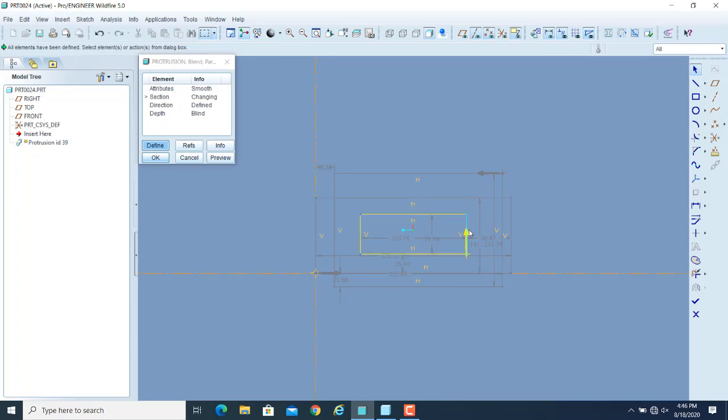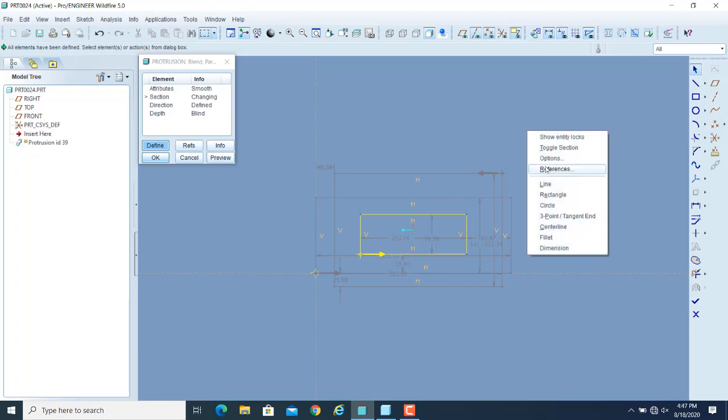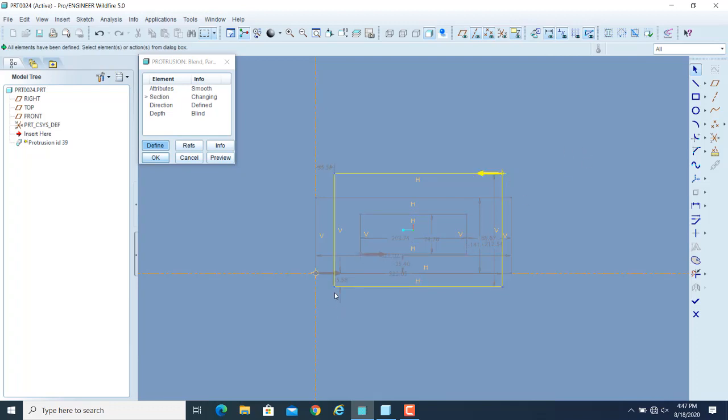If I toggle the section to the next, so I can go back to this point, I will click it and make this as a start point. And let me also, for the third entity, make this same point as the start point. And let me also change the offset of this, like this one. So now you can see that none of